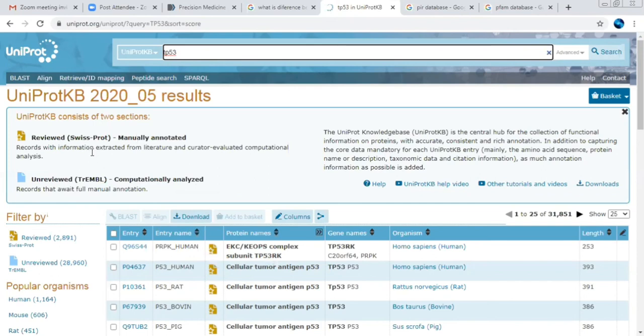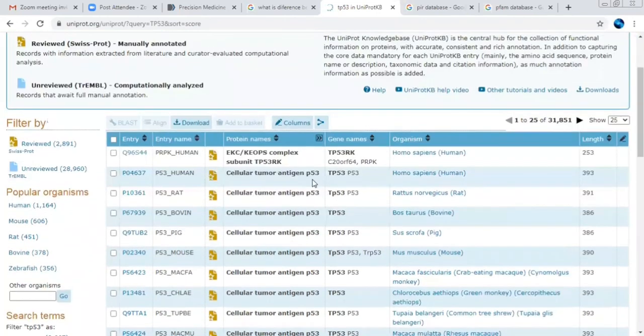So whenever you are searching, you should always check whether the data is reviewed or not. They have also given you filters, so you can choose only reviewed or unreviewed data. They show the number of reviewed entries stored here and the number of unreviewed entries.